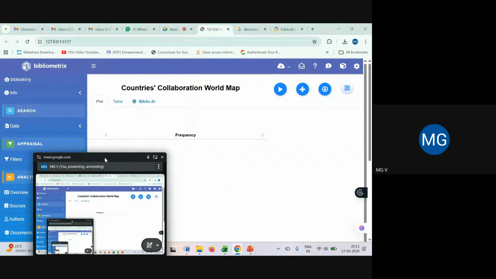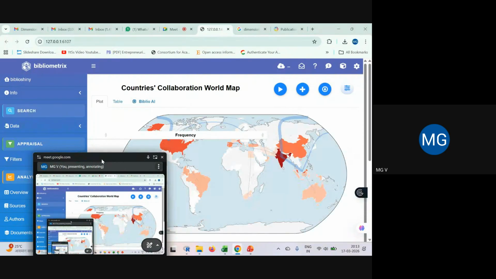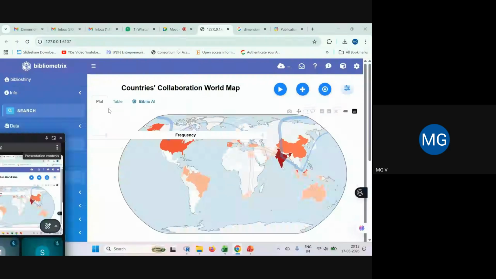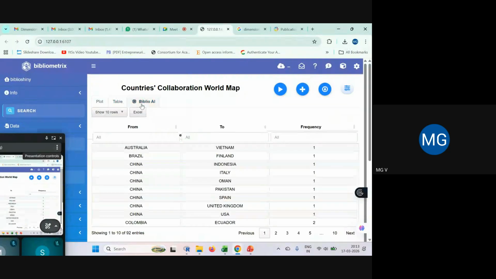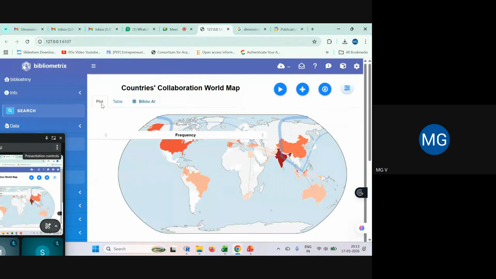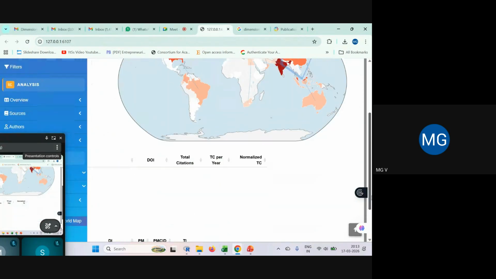We still have time. Now see, this is how we obtain the results: the plot form, the tabular form, or the Biblio AI form. If you insert this plot in your study, it will definitely give a different kind of impact.